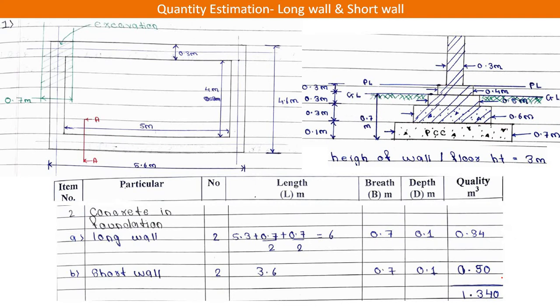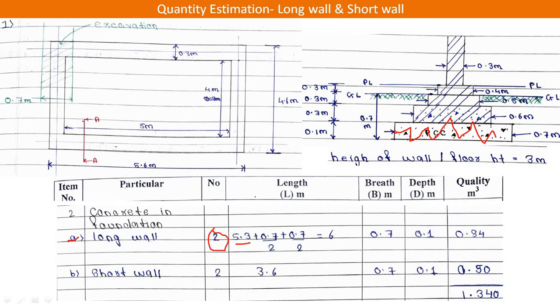So let us see the second item, concreting in foundation. Concreting in foundation means you have to calculate the quantity for this PCC, right? For that, first we will take the long wall. There are two numbers of long wall, then the center line of the long wall is 5.3 as we calculated,